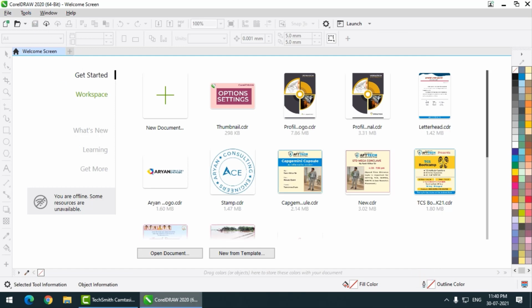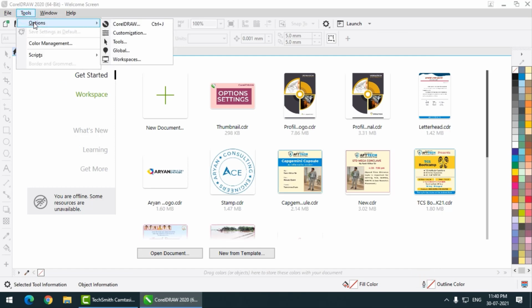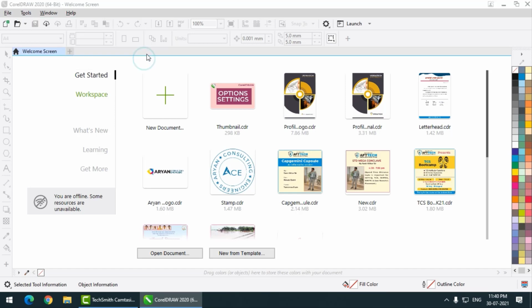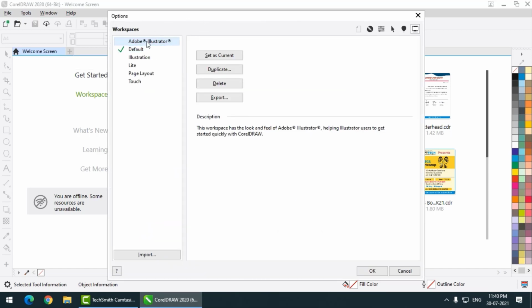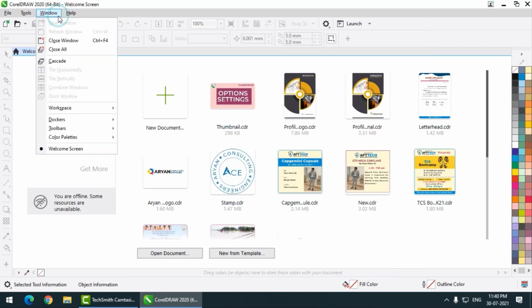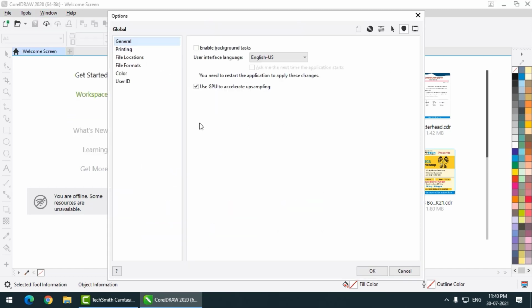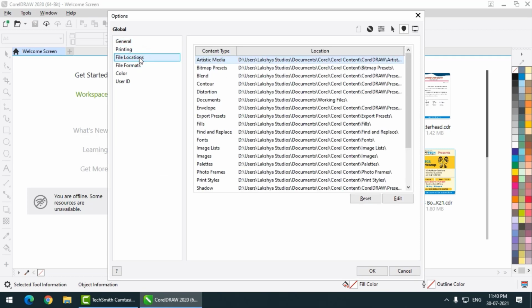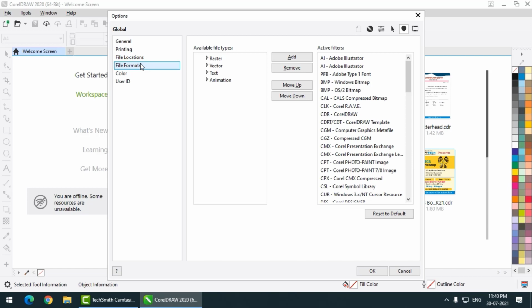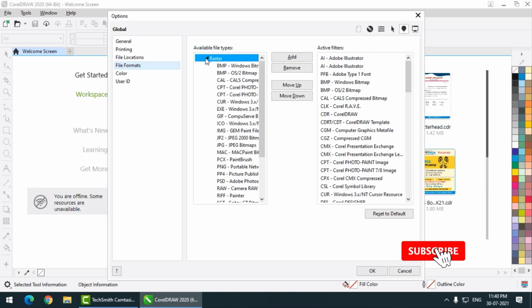And again, if you go to Tools, Options, we also have some workspace options, like what type of workspace you want, but the same options are present over here, like this, over here also, and the same options are present in workspace. If you go to global, you will see some language setting, print setting, file location, file formats, raster.